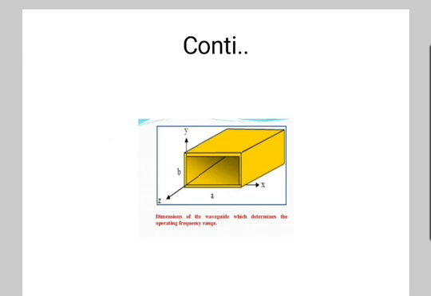Now what about the TEM wave? We have already seen the TE mode and TM mode in the rectangular waveguide. Now what about the TEM wave? Here the TEM wave is not supported by the rectangular waveguide. Now why is this? Because the transverse electromagnetic wave has 3 components: electric field, magnetic field and direction of propagation, mutually perpendicular. Such a TEM wave is not able to pass within a single conductor hollow waveguide.